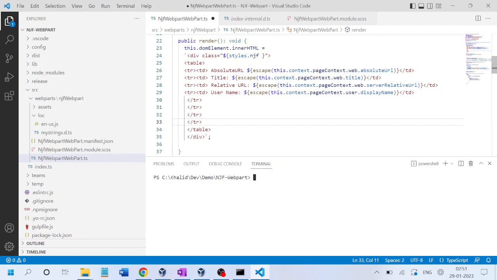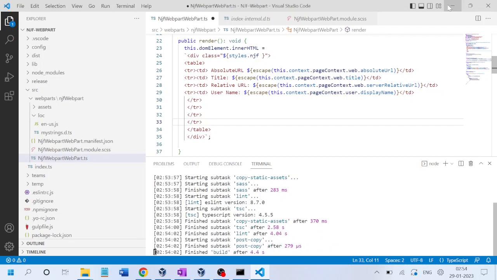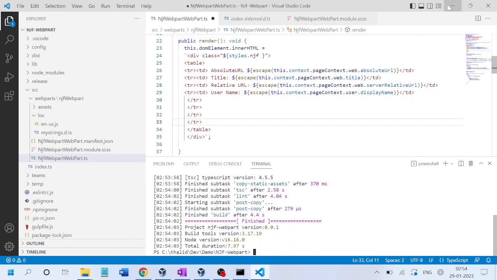Okay, so previously I did not show you, if you don't want to bundle it in the build and bundle in the production, right? You don't use dash ship, and you can bundle and package it as well, but then that won't be available unless you run the gulp serve behind it. So gulp build, done. Then gulp bundle,